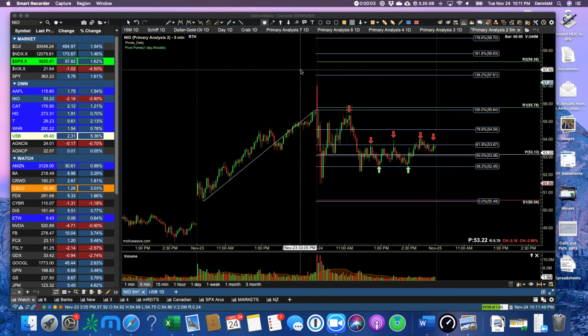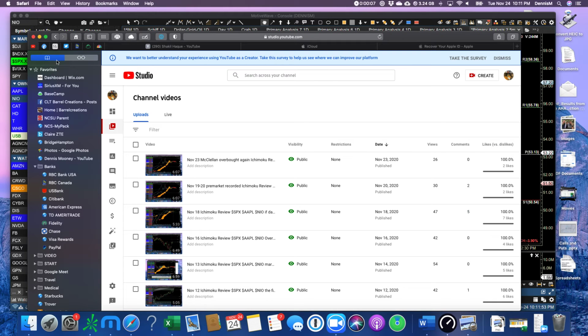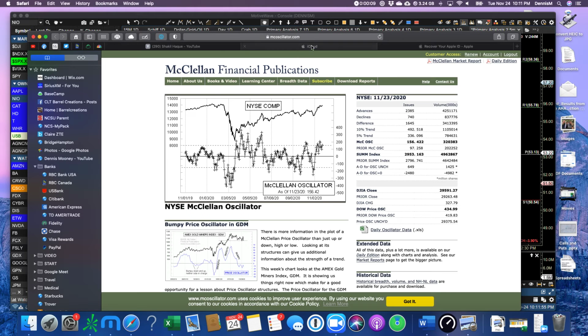Today is Tuesday, November the 24th, and if we look at McClellan oscillator, we see that we are moving into overbought, and we're pretty much at our previous overbought level. We've got three recent overboughts that have proven to be highs. So we could expect a little bit of a drawdown tomorrow because Thursday is a holiday and Friday is a